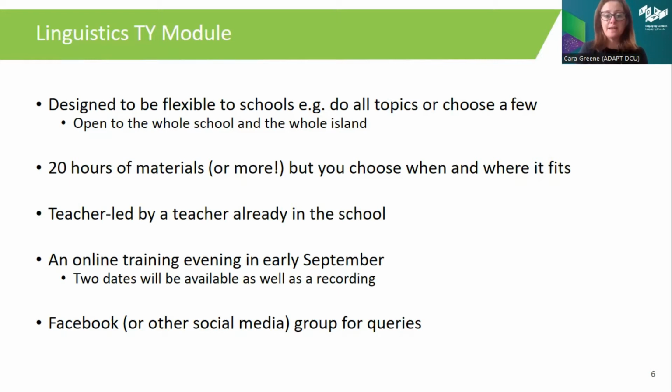We'll have an online training evening in September, and we're going to run this training on two different occasions. It's also important to say that we'll run through the linguistics problem solving, so how to tackle the linguistics puzzles. When we get into topic 1, we'll see that we spend time there on slides with color coding, showing step by step how to go through the puzzle, and you do it together with the students. It's very similar to how we do it in the training, how to attack these types of puzzles and really invite the students to get involved. That's the key to it.